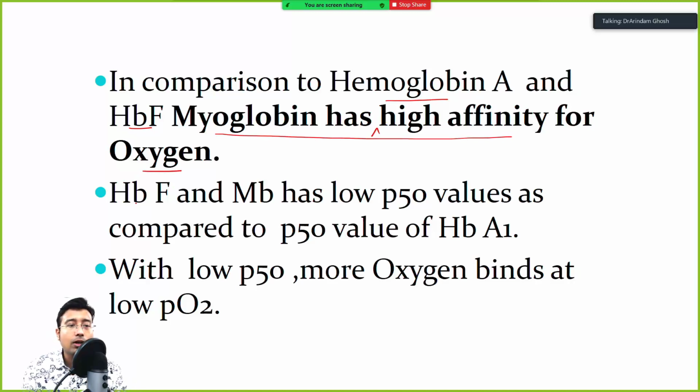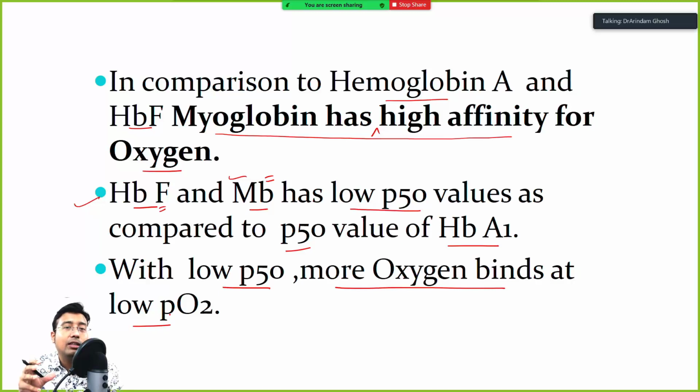Okay, and that is inversely related to P50 value. So HbF and myoglobin have low P50 values as compared to the P50 value of HbA1. When you compare to HbA1, both HbF and myoglobin have low P50 value. However, the P50 value of myoglobin is lower than that of fetal hemoglobin. So what happens with low P50? More oxygen binds at low PO2. So even when the partial pressure of oxygen is very low, still more oxygen can bind to myoglobin,